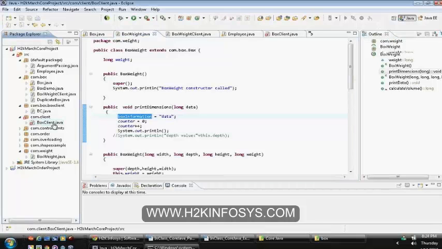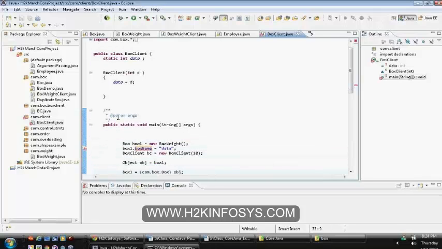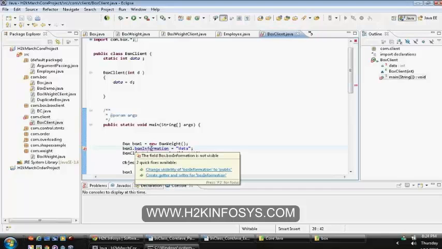Now access the same with respect to box client. Previously box weight client was available under the same package, and now box client is available under a different package. Now you can see that it is giving the error that box information is not visible.